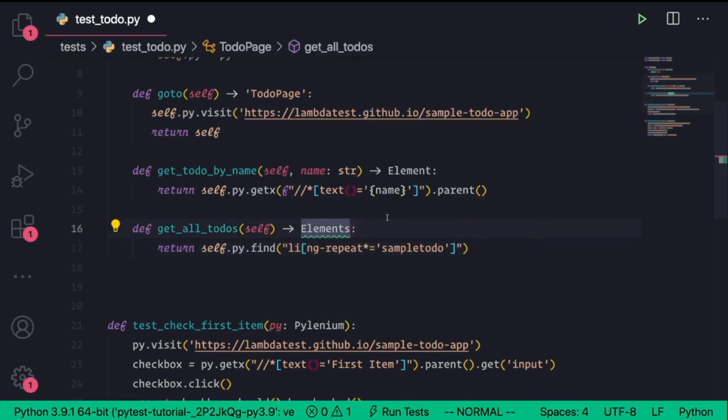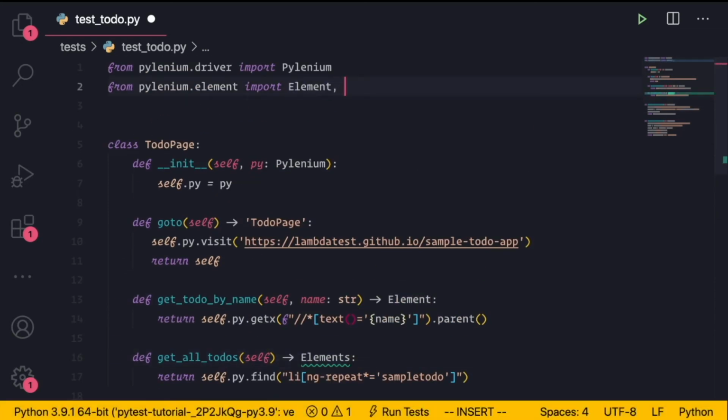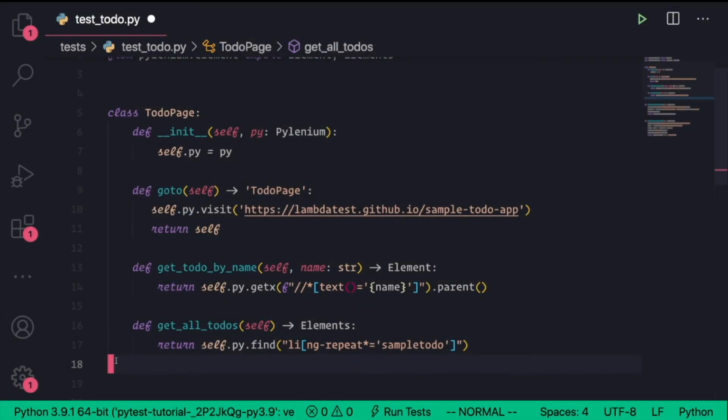Just like we had before, elements is green and squiggly because it's not up here yet. So this time I'm just going to add it manually myself. There's elements, and we see that error go away. Now that we've refactored the logic into something a lot more reusable, we've got to set up a Pytest fixture,